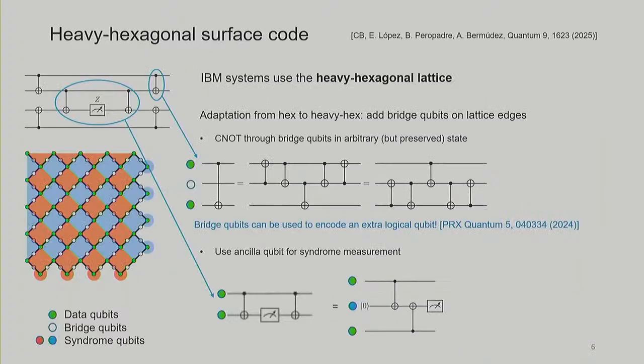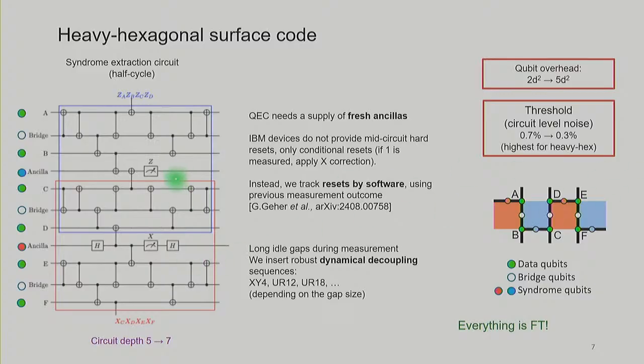So what we did in this recent work was to implement the surface code on the heavy hex lattice by taking the original different identities, and for example, we apply here a swap gate so that we have the data qubits in the vertices, and then we have some bridge qubits in the edges of the heavy hex lattice. And when we combine both identities, we get this kind of circuit, which implements the single instruction for the surface